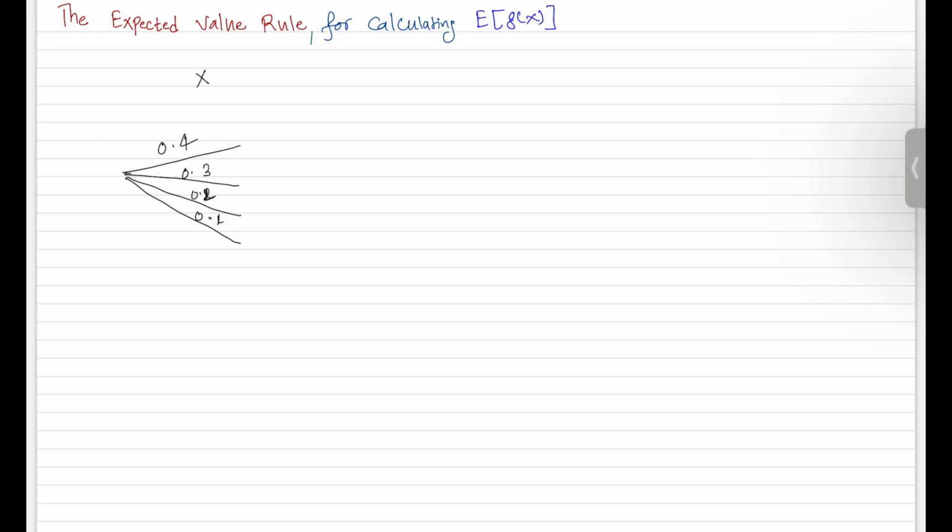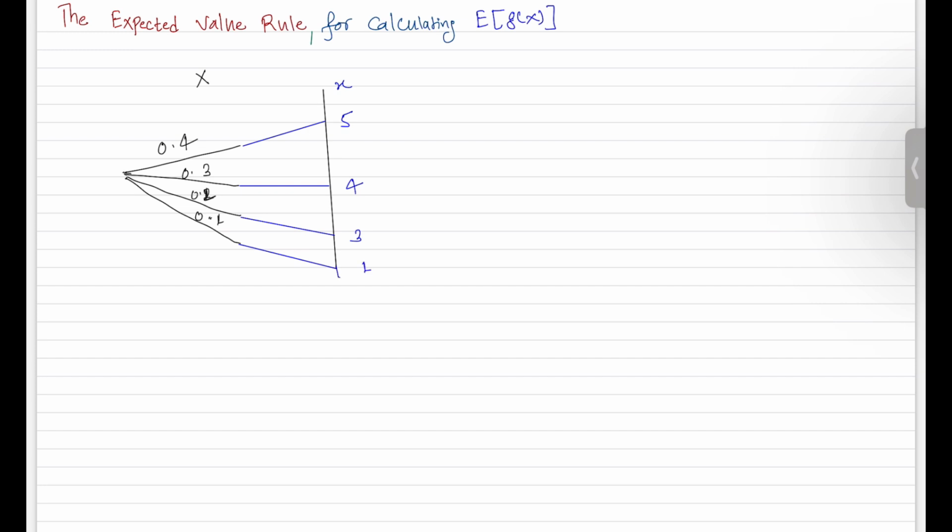So what is happening here is that this random variable x is mapping all these outcomes to some real number. Let's say the random variable x is mapping this outcome to somewhere at x5 on the real number line, and this outcome is getting mapped to somewhere else on the real line, and again this outcome is getting mapped to 3 by this random variable x, and this outcome is getting mapped to 1.